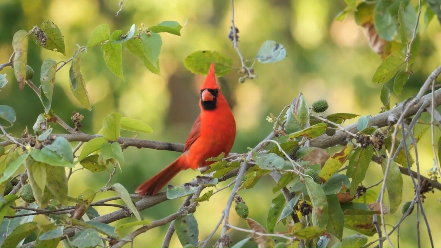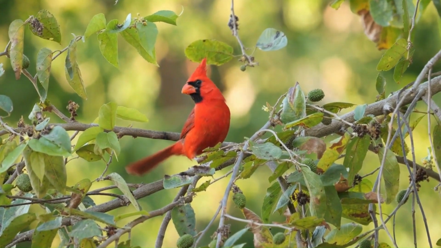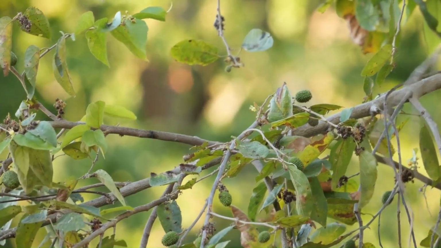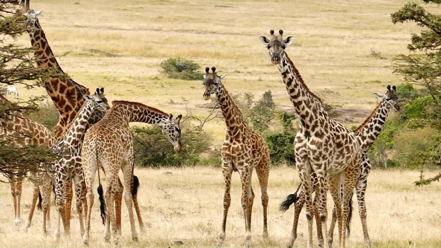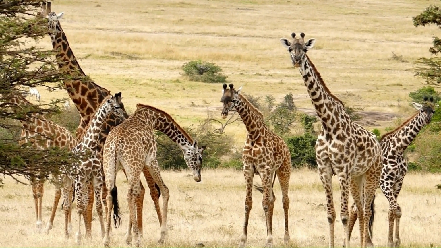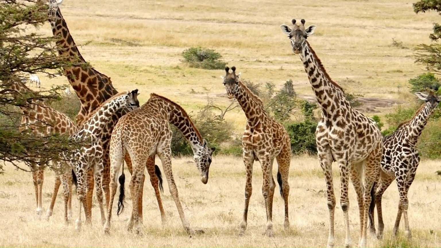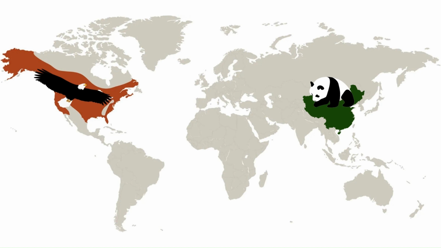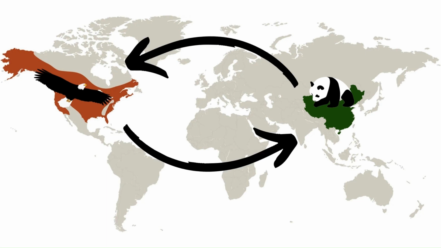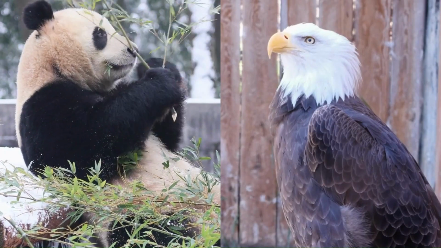So what is an invasive species? To understand that, let's first look at what native species are. Native species are ones naturally found in certain ecosystems. No human intervention brought a native species to the area or influenced its spread to that area. For example, panda bears are native to China and bald eagles are native to North America. You would not naturally find a panda in Texas or a bald eagle in China unless a human being brought